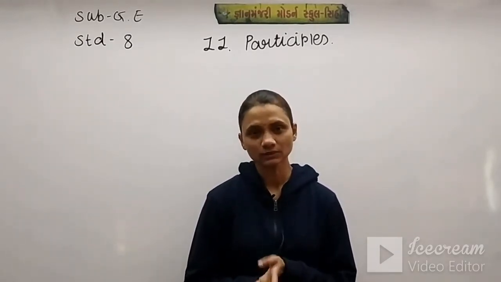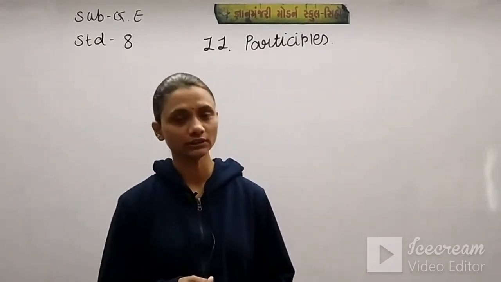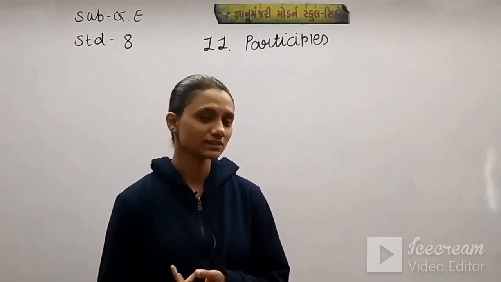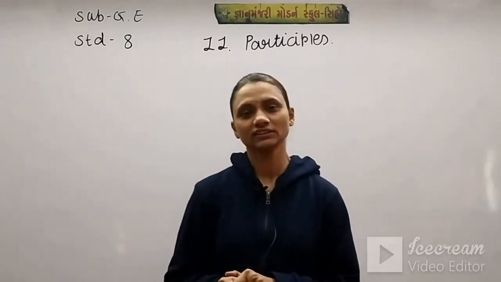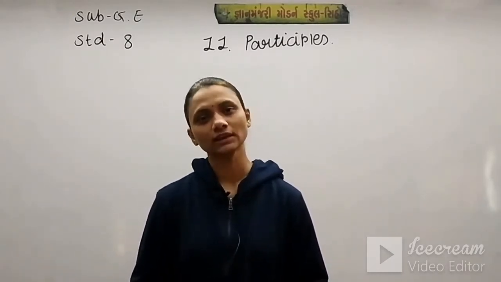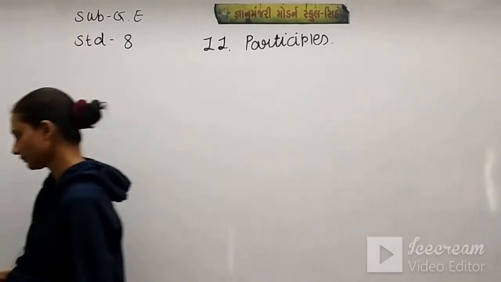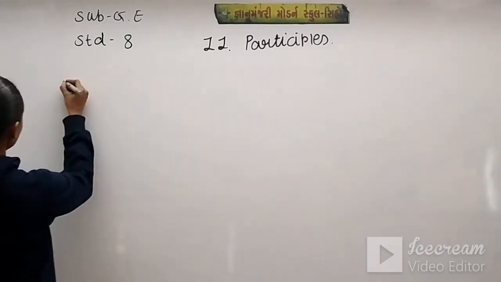So this participle has three types. Mainly there are three types of participle. First I will give you the definition of participle. After that I will give you the types of participle. You are requested to write all the rules in your GE book. Okay. Now what is participle? A participle is a verb that is used as an adjective